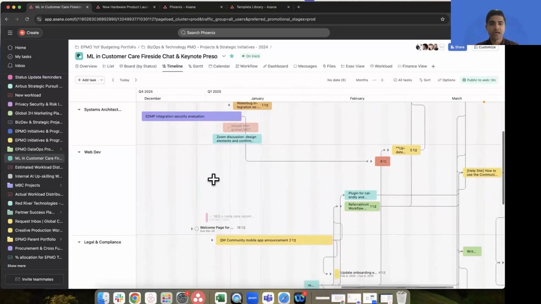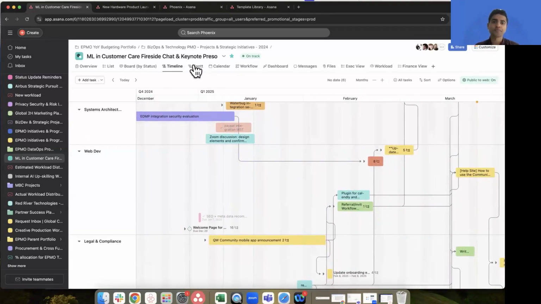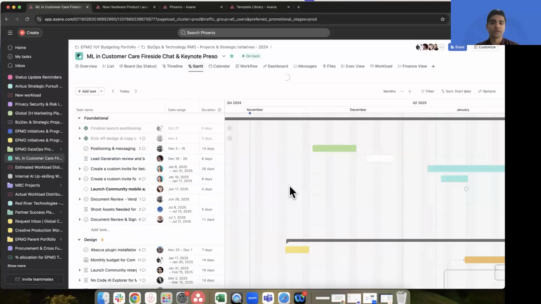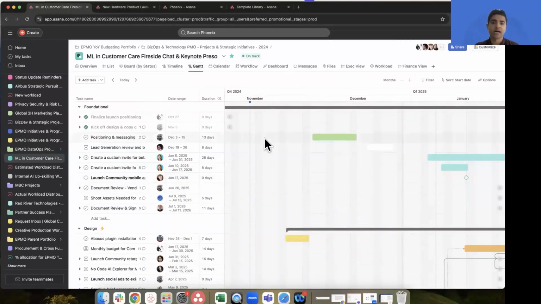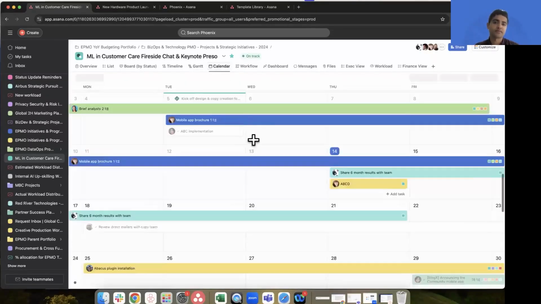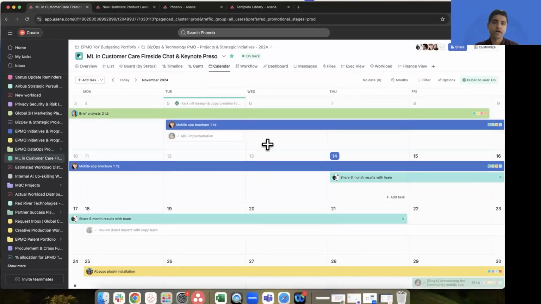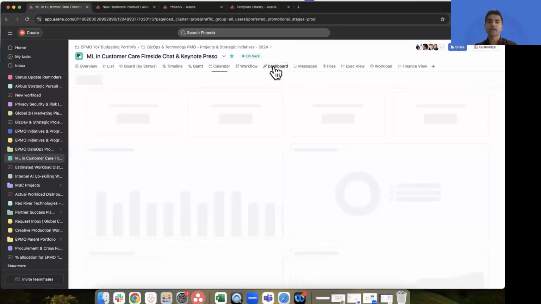Each of these views has their own superpower, which corresponds to lines on the Gantt view, and also items on a calendar view. So we're going to go through each of these views to talk a little bit more about what makes each of them special, because each of them has their own purpose. So for instance, if we want to abstract ourselves away from all the nitty-gritty details, say we're discussing with leadership, we have a dashboard view.